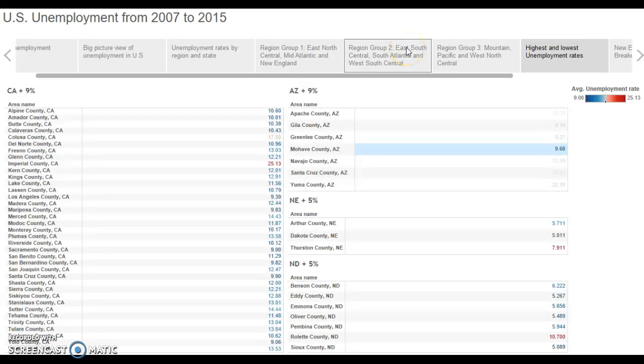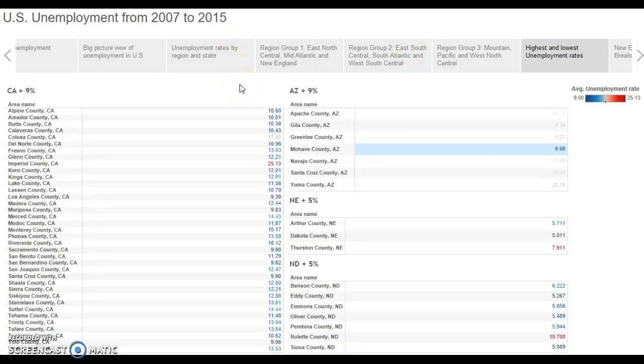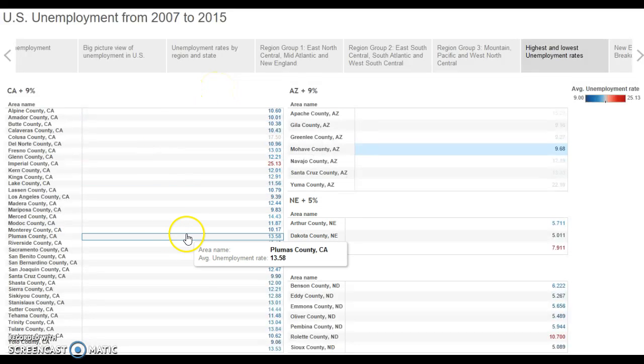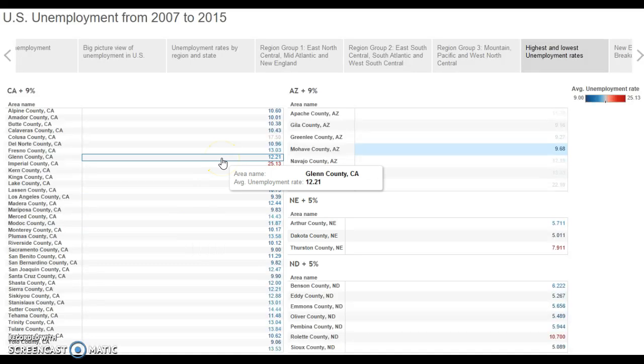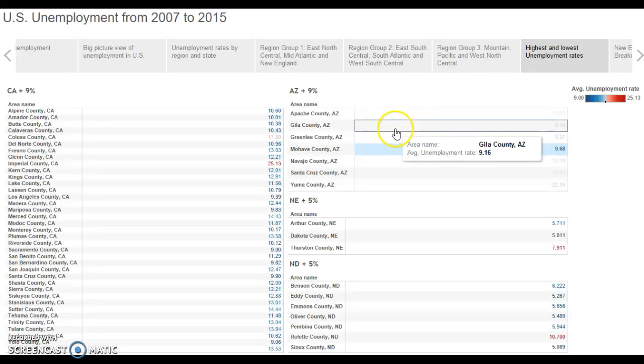Next, what I did was I took a look at the 2 states, California and Arizona, with the highest unemployment rates over this 9-year period, and compared it to the states with the lowest unemployment rates. And I selected all the counties in California and Arizona that had unemployment rates that were 9% or higher. And to put it into perspective, there were 37 counties in California. Granted, it's a large state, but still, there were 37 counties in California that had 9% or higher unemployment rate. Arizona, you had 7 counties with a 9%